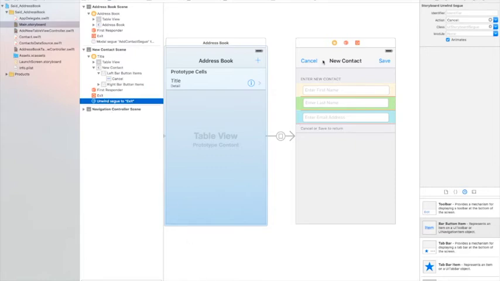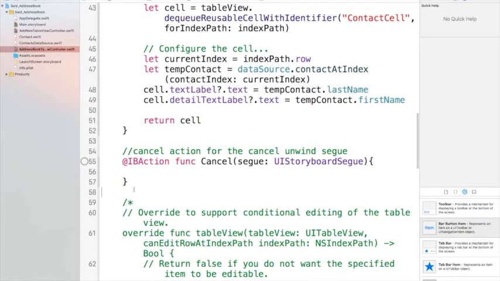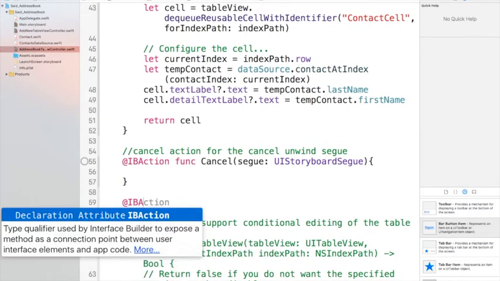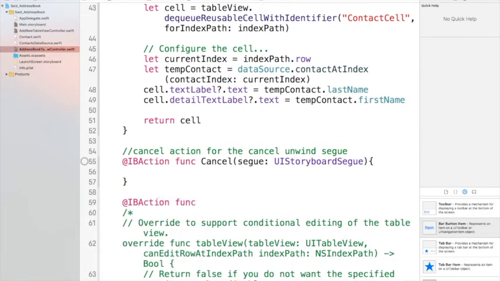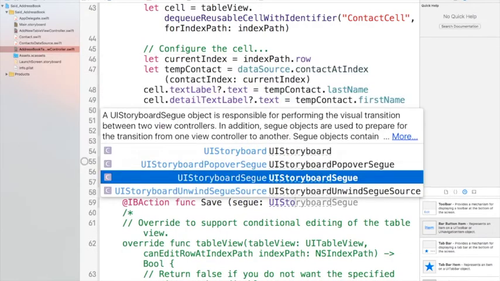So we can make that connection, and you see here an unwind segue has appeared in the document outline. Nothing appeared in the storyboard, but it appeared in the document outline, and it has an identifier, so we're going to identify this and say cancel segue. Every segue you create, especially if you intend to use prepareForSegue, should have a cancel segue like this. So we go back to the address book, and we'll add another one for the save IBAction function, save segue, UIStoryboardSegue,